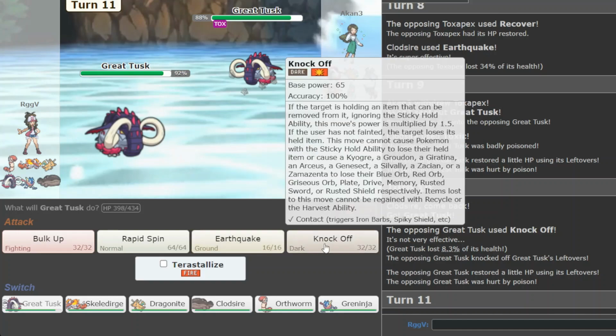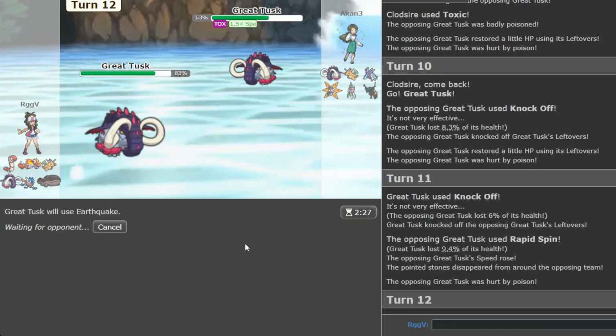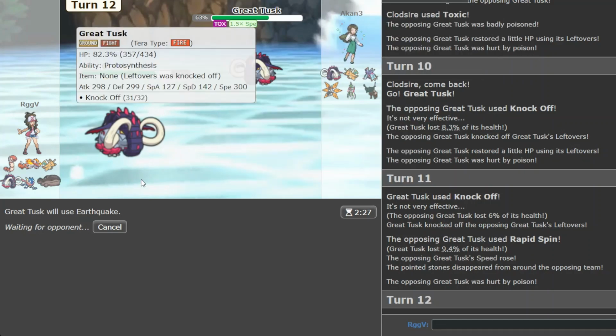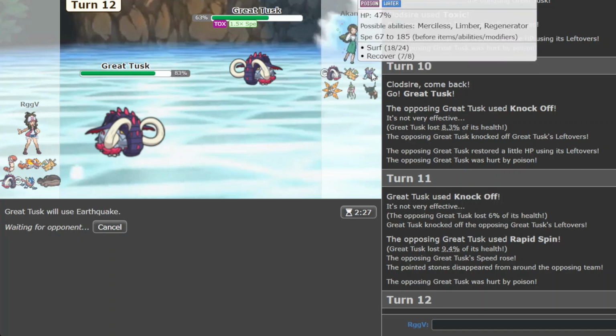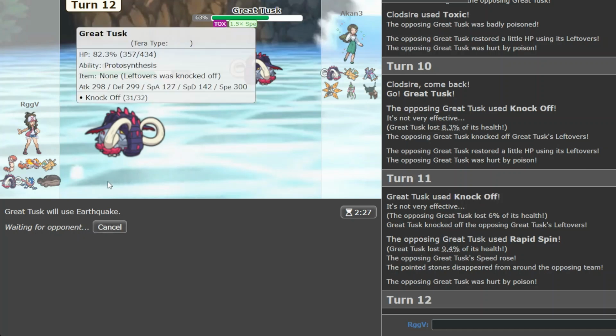And here I'm going to go for a knockoff as well. Let's go for the Earthquake. Sometimes I wish that I had body press close combat instead of the...